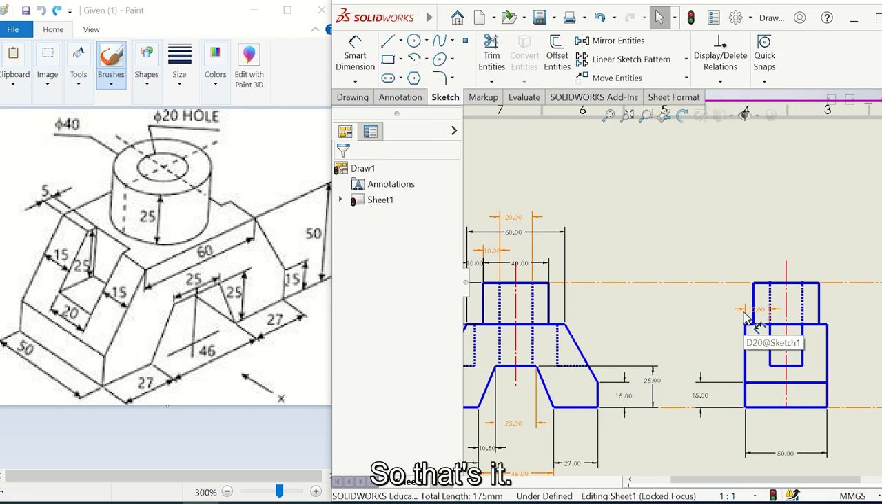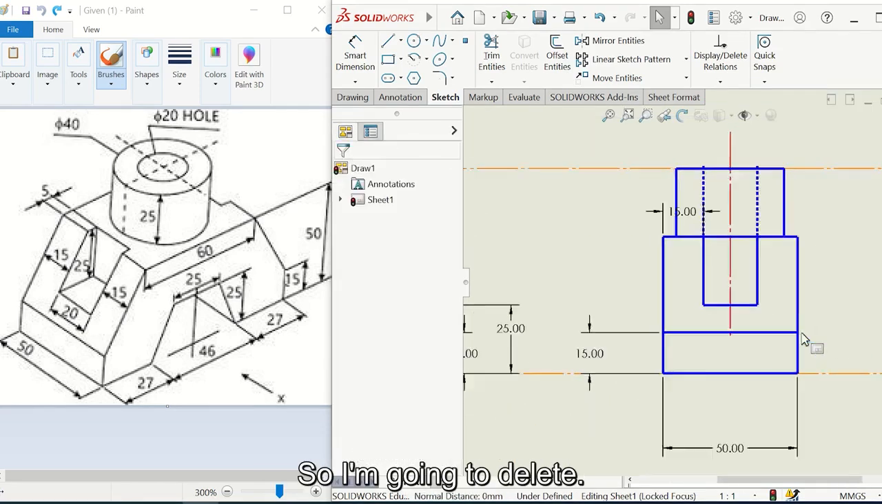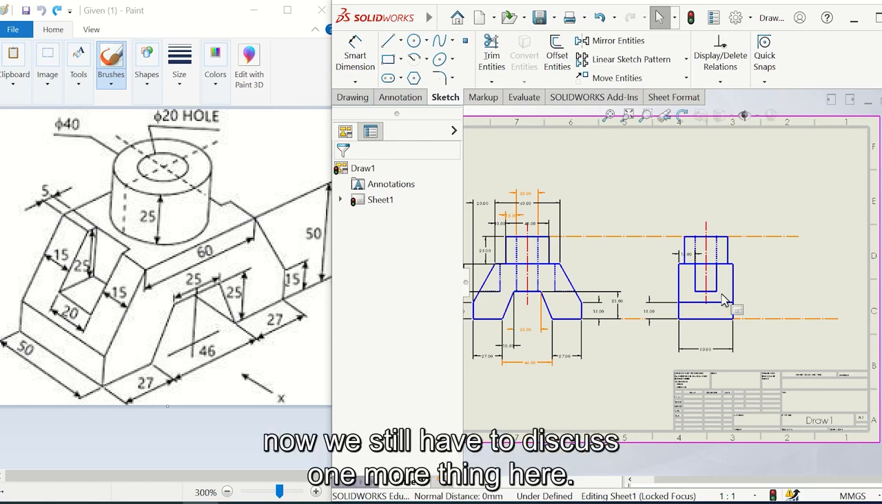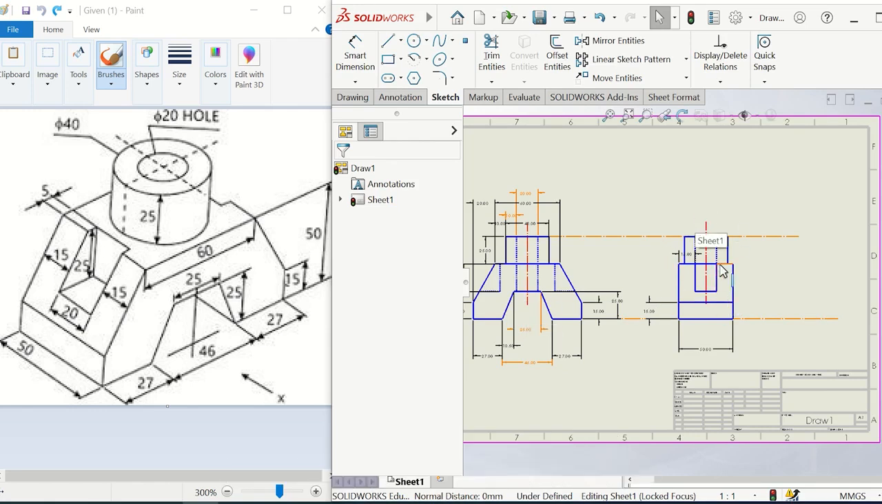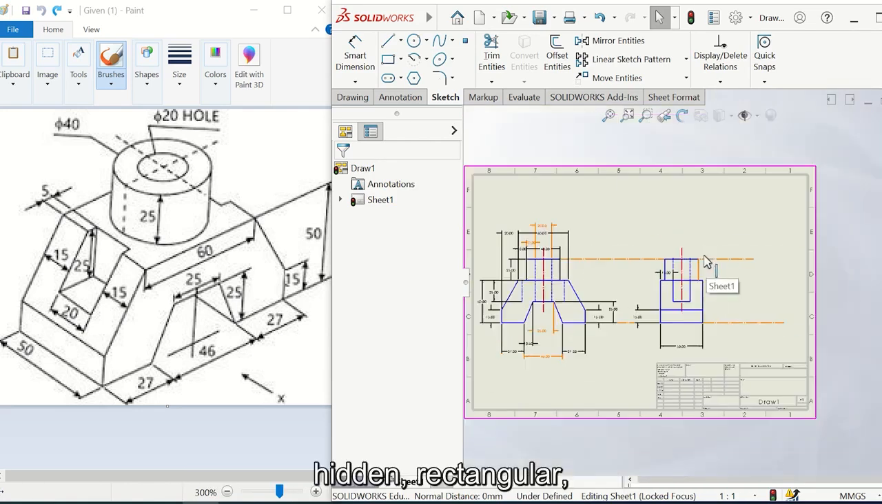So that's it basically. The center line goes all the way through till here, but here we have drawn previously a small line, which I'm going to delete, and that's how it should look. That's it basically. Now we still have to discuss one more thing. These are the visible edges plus the cylindrical shape with its hidden rectangular